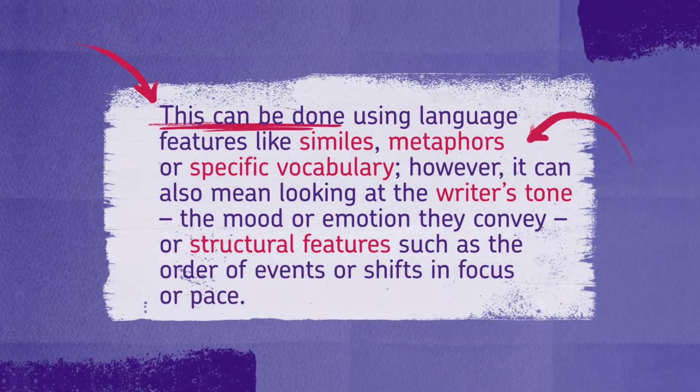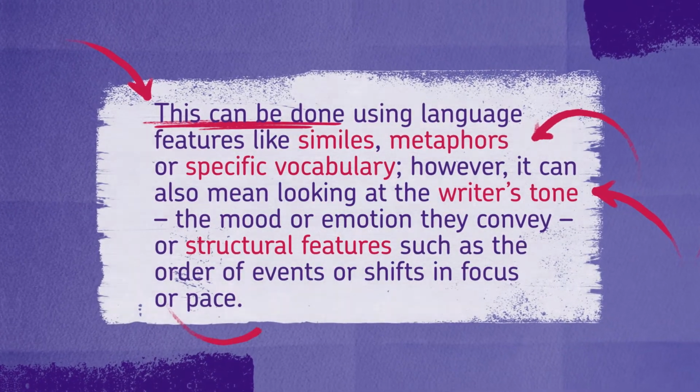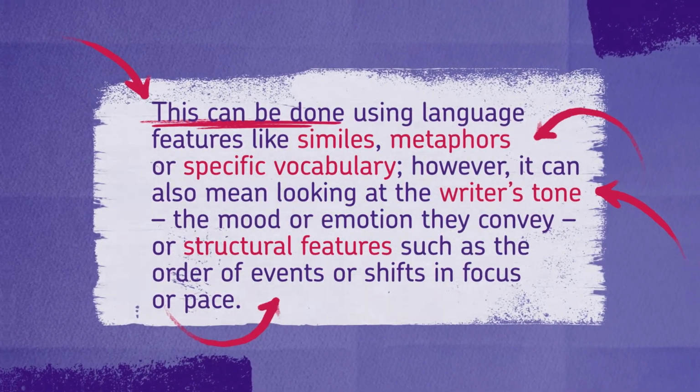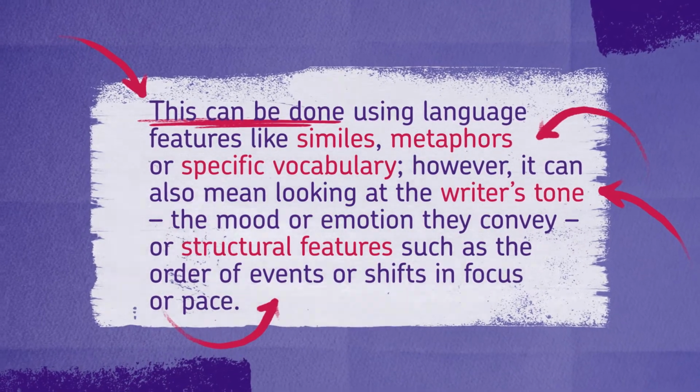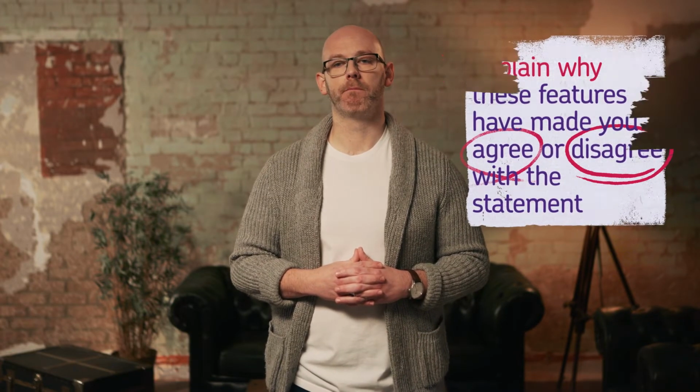However, it can also mean looking at the writer's tone, the mood or emotion they convey, or structural features such as the order of events or shifts in focus or pace. These are the features which would help you to decide whether you agree, disagree, or have a balanced response to the statement. So it's really important that you explain why these features have made you agree or disagree with the statement. A simple and effective method to explain why the writer's methods have helped you to agree or disagree is